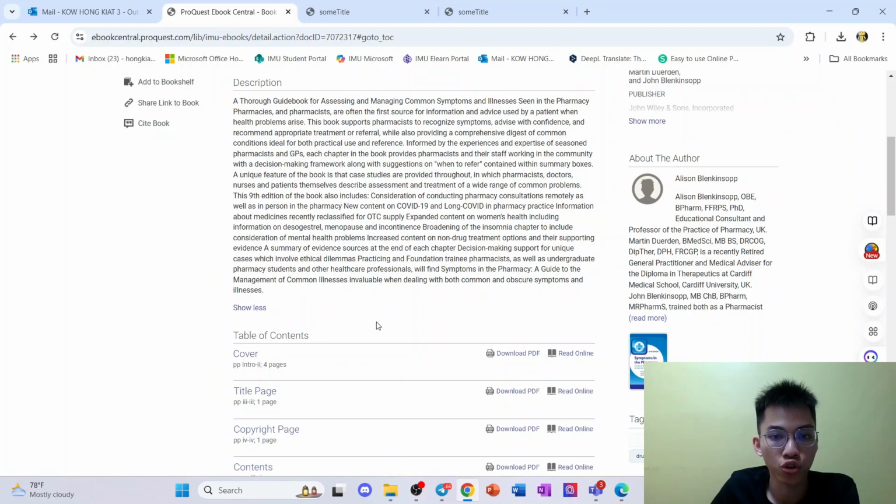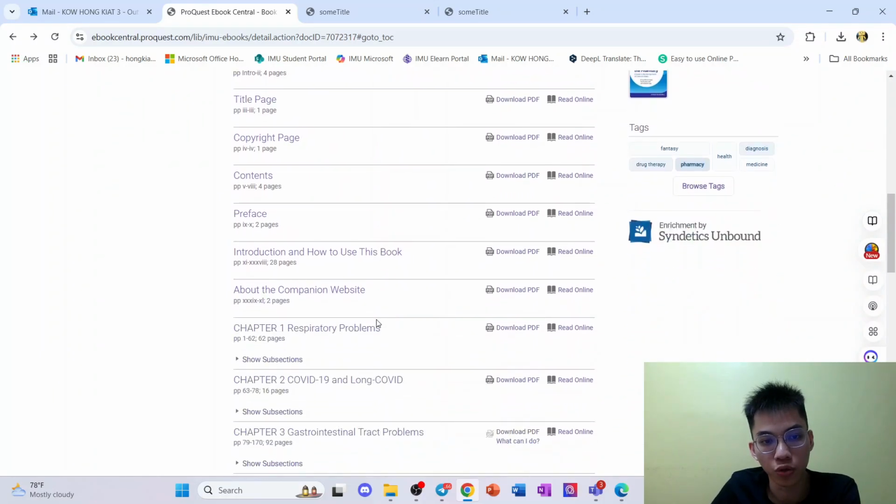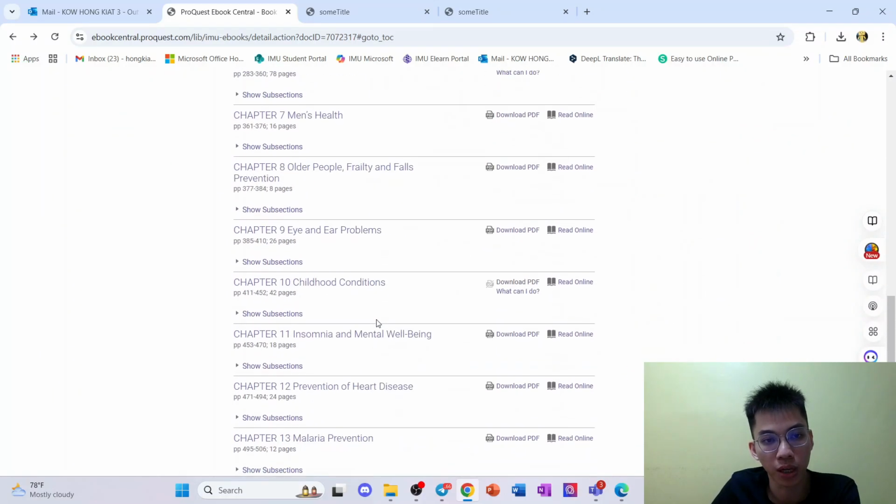Practicing and foundation trainee pharmacists, as well as undergraduate pharmacy students like us and other healthcare professionals, will find Symptoms in the Pharmacy, A Guide to the Management of Common Illnesses invaluable when dealing with both common and obscure symptoms and illnesses. Alright, coming to the table of contents, you'll be seeing a lot of chapters being covered here,